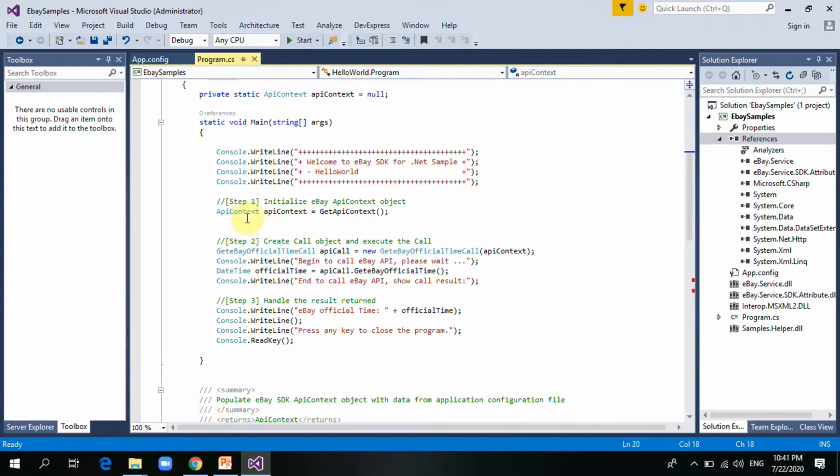So we have this API context. We get the API context. This is to initialize eBay API context. Then step 2, create call object and execute the call. So API call gets eBay official time call, passing the context as a parameter. So we get eBay official time. So we're going to display that, and then write line end of eBay call API show result. So we display the official time, which is the first thing, and then